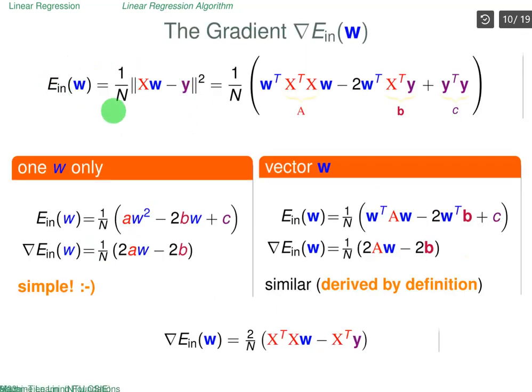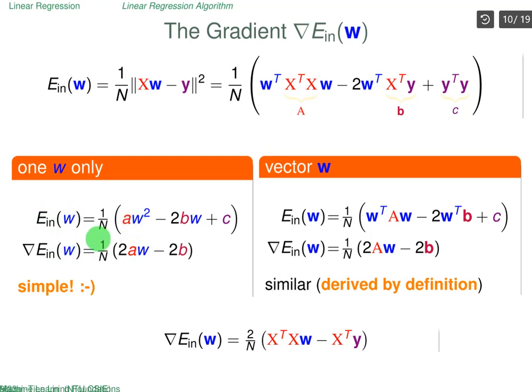given the in-sample error, the first step would be to open up the norm term here, this quadratic term, which will be equivalent to the following terms. First term, which consists of W transpose X and W, and second term, and then third term. Just to demonstrate, let's consider the one-W case, the case where our weight is a scalar. Here it's a vector, but here it's a scalar. So the in-sample error of the scalar will be, if we substitute this, 1 over n, AW squared minus 2BW plus C. And the gradient of this in-sample error, we just differentiate with respect to